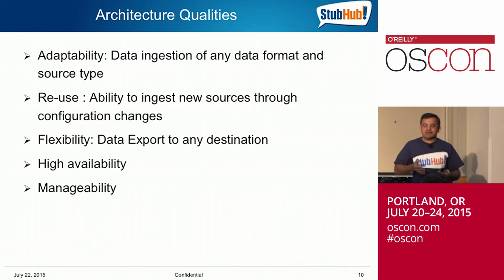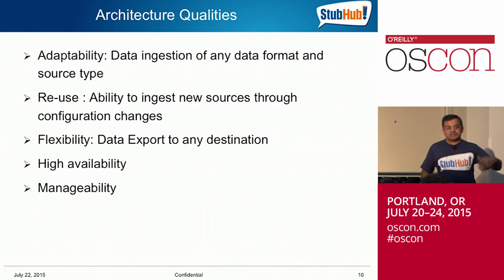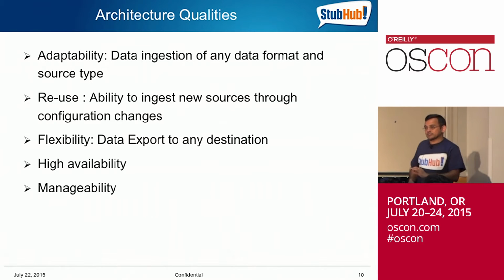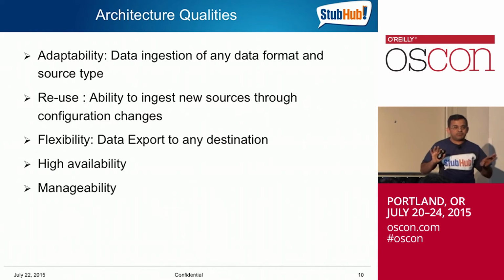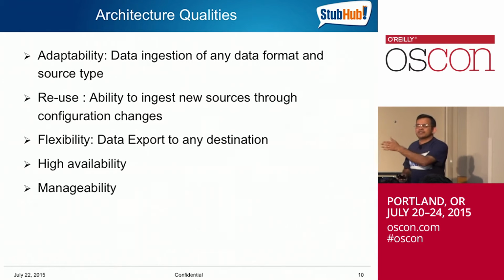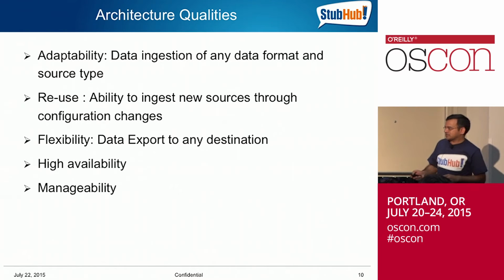Some of the sources, as they're coming in, you just want to put in HDFS and define a Hive schema. Some of the sources you might want to ingest into HBase, based on what your use case is, right? Ability to flexibly publish the data as it is coming in to different destinations. How do we do that, right? That's one of the key things.